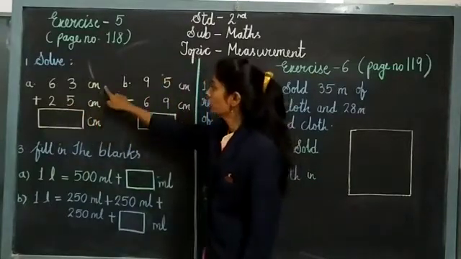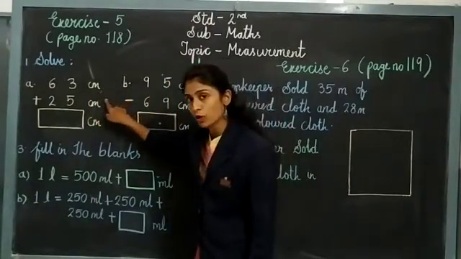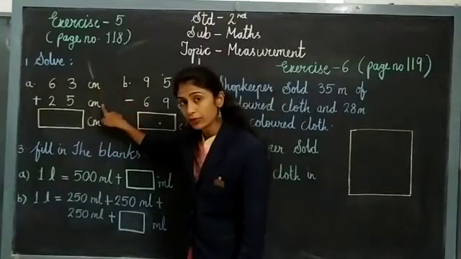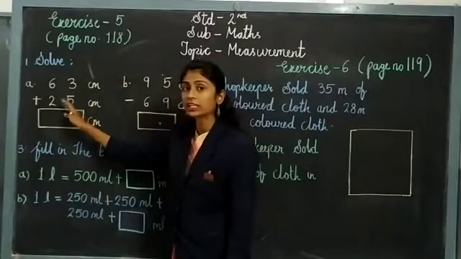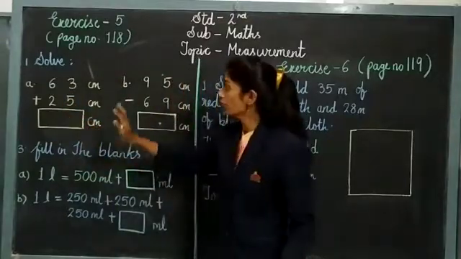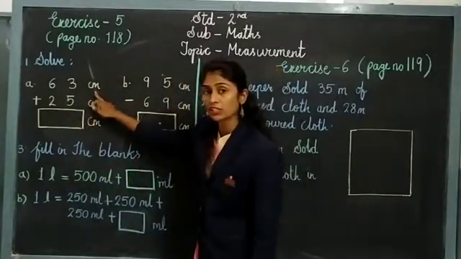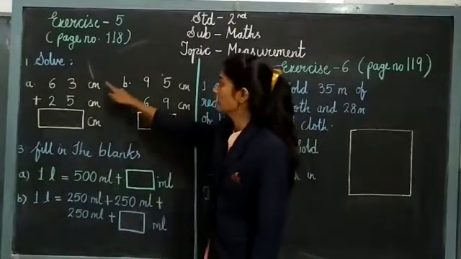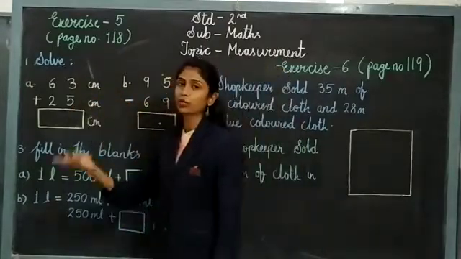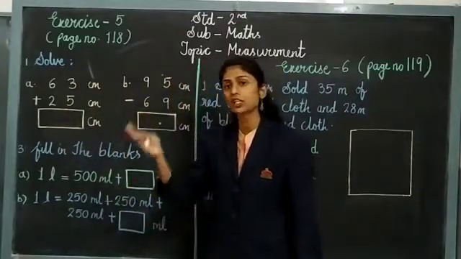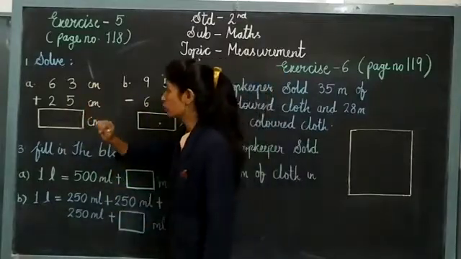So remember children, units are very much important. Now it is given in centimeter. So definitely whatever length is given, it is related to some object that we are going to measure in length. That is why centimeters are written. So very simple, the way you add your other sums, in that same way you have to add this also.